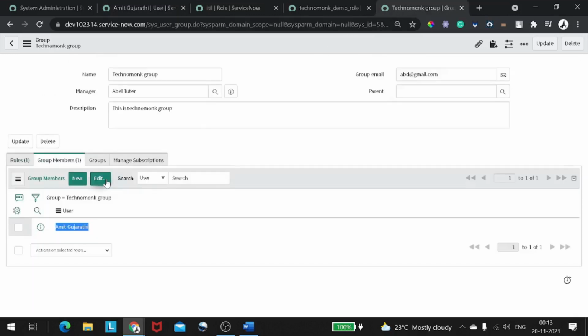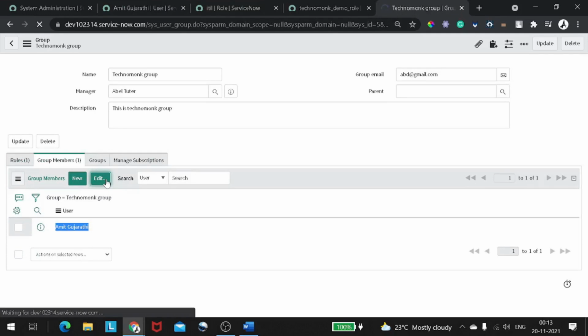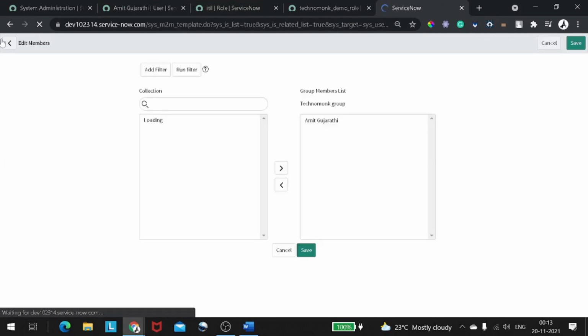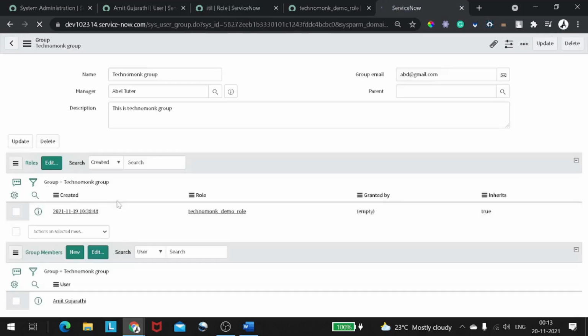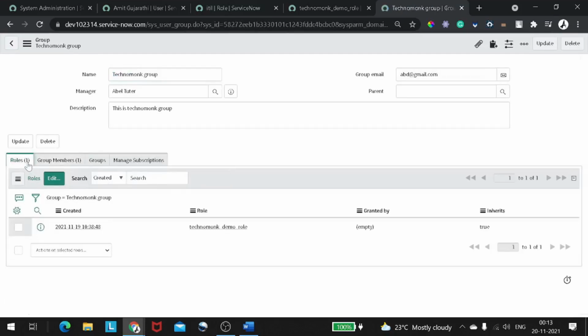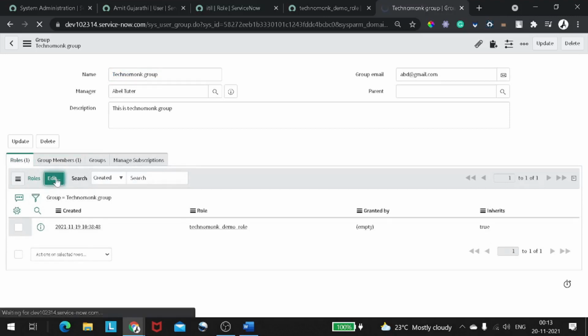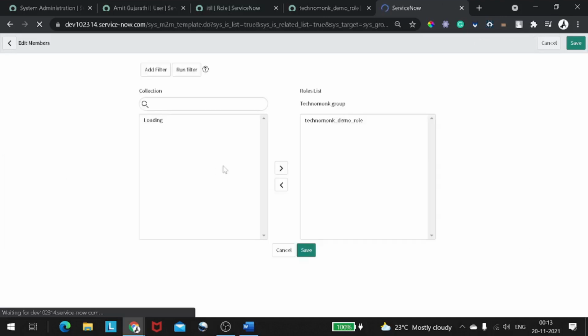So we'll again go to edit. No, not on group member, sorry. I don't want to remove the user. I want to remove the role. So we'll edit the roles list under the group, and I will remove this particular role.